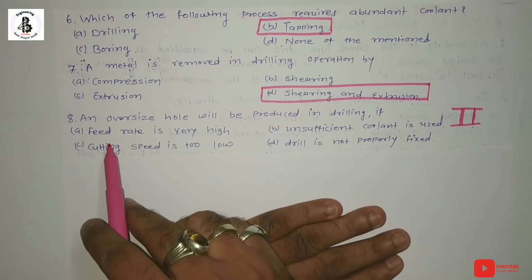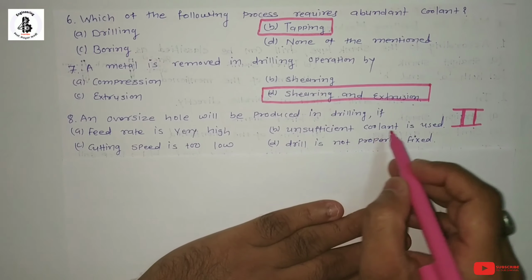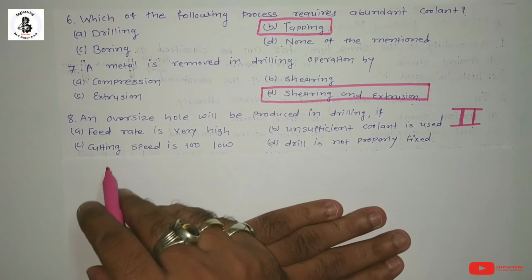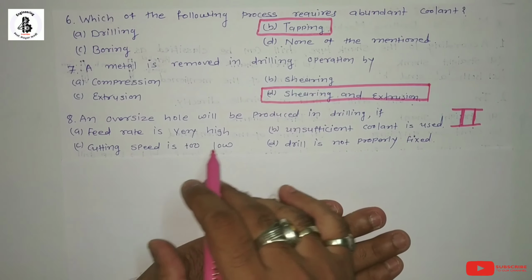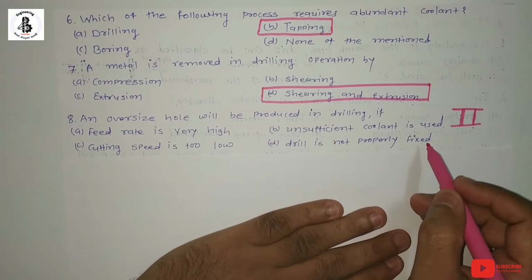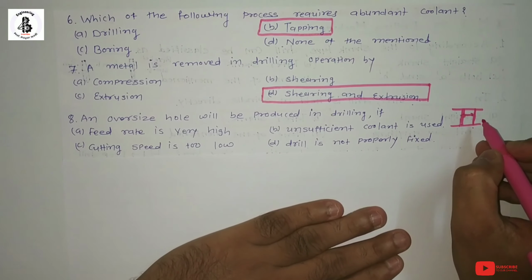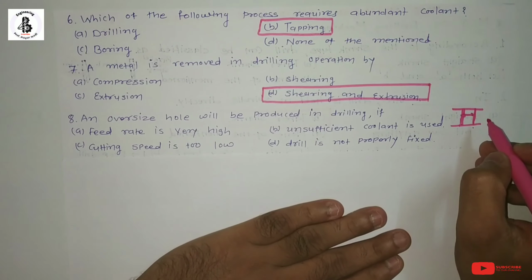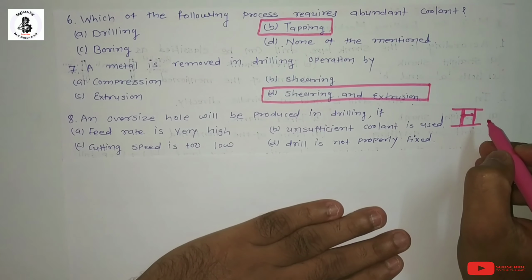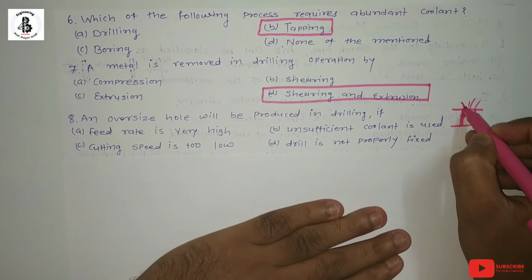Option A, feed rate is very high. Option B, insufficient coolant is being used. Option C, cutting speed is too low. And option D, drill is not properly fixed. So basically this oversize of the hole is generally caused by insufficient coolant being supplied during the